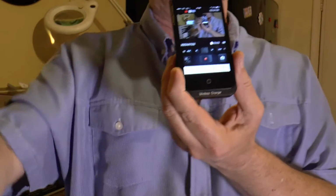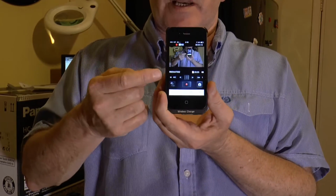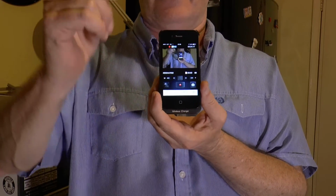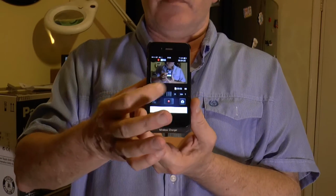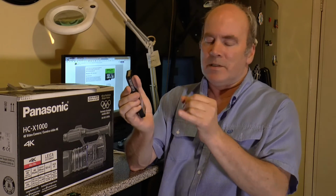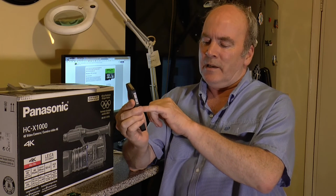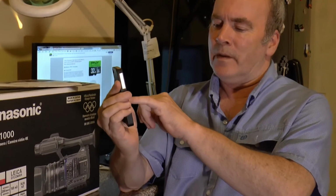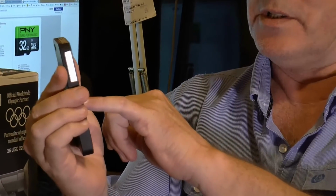Hopefully you can see this. Actually, I can't turn my display on and turn it round, because once the picture comes onto the phone, the display on the camera is disabled. So I can get the picture and zoom in and out remotely. So that's one of the features of the Wi-Fi. In case you're new to Panasonic or new to video cameras, that's one of the Wi-Fi functions. So if I zoom in, there's a bit of lag. Well, so I can see my head's coming out of shot,